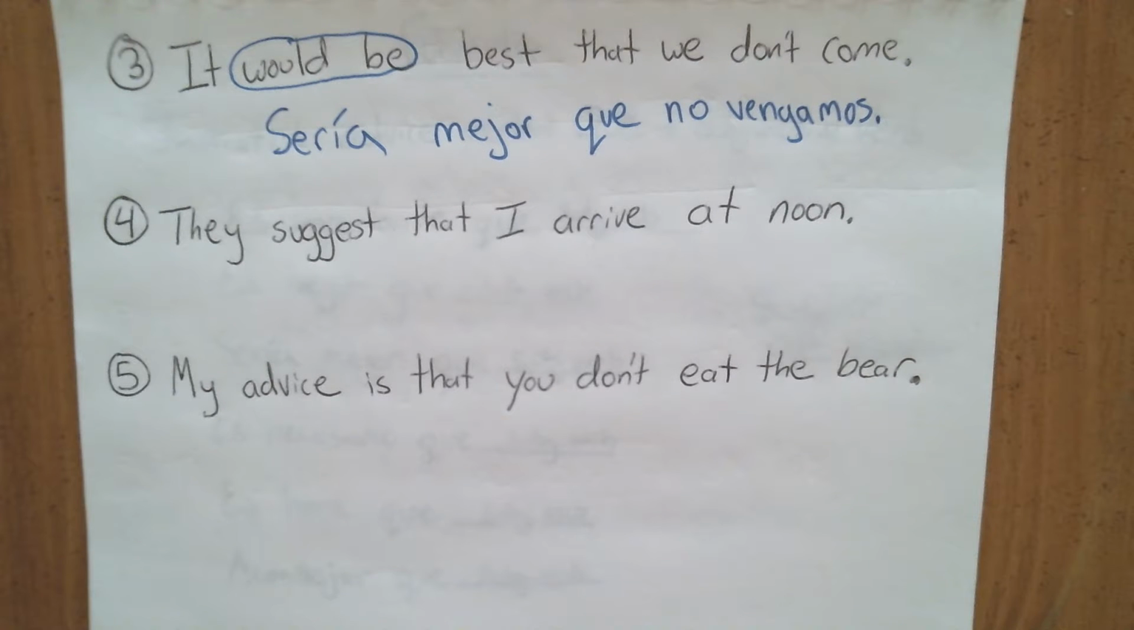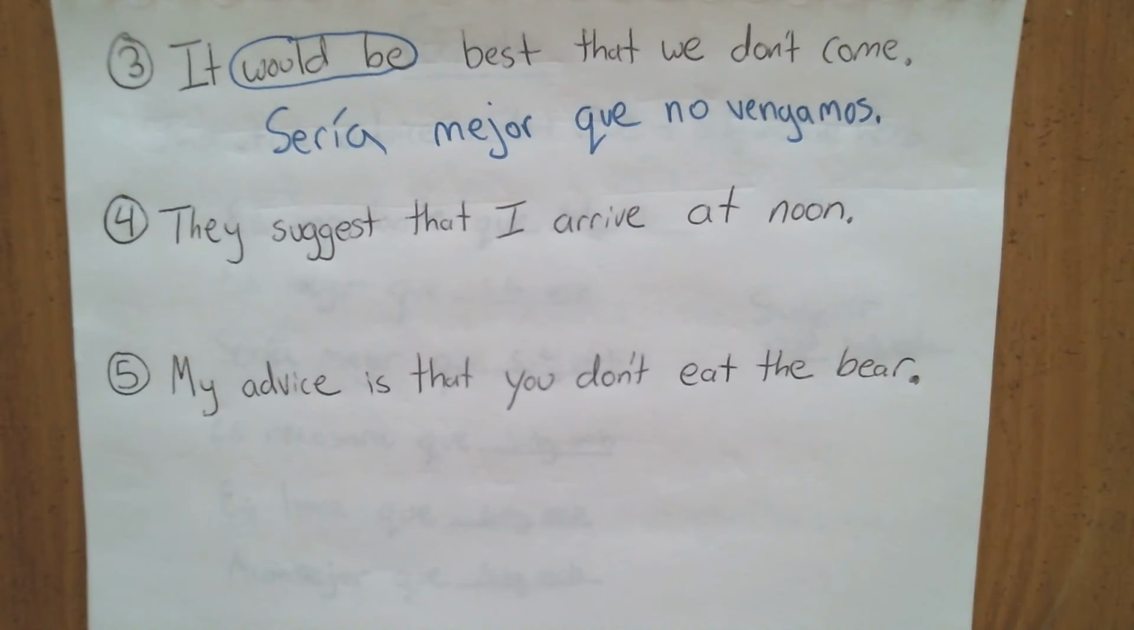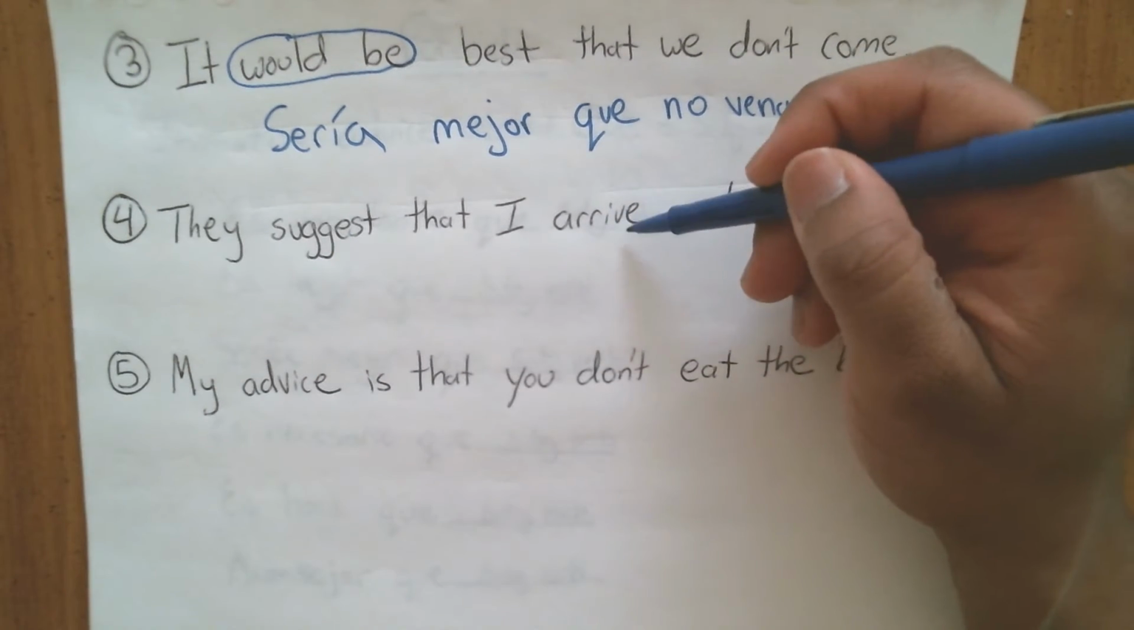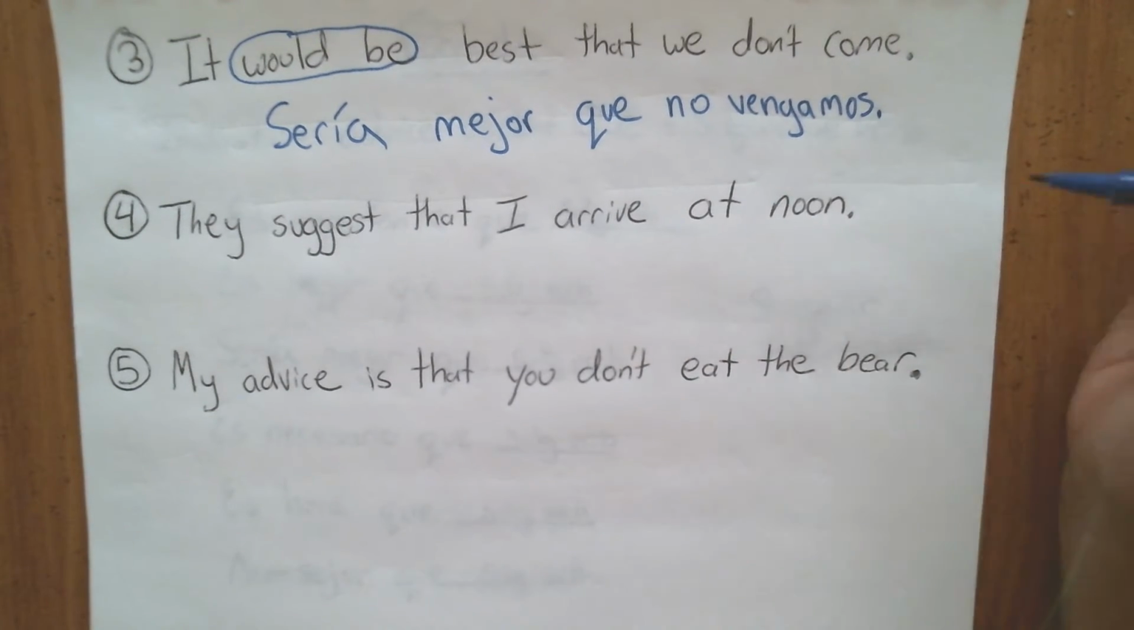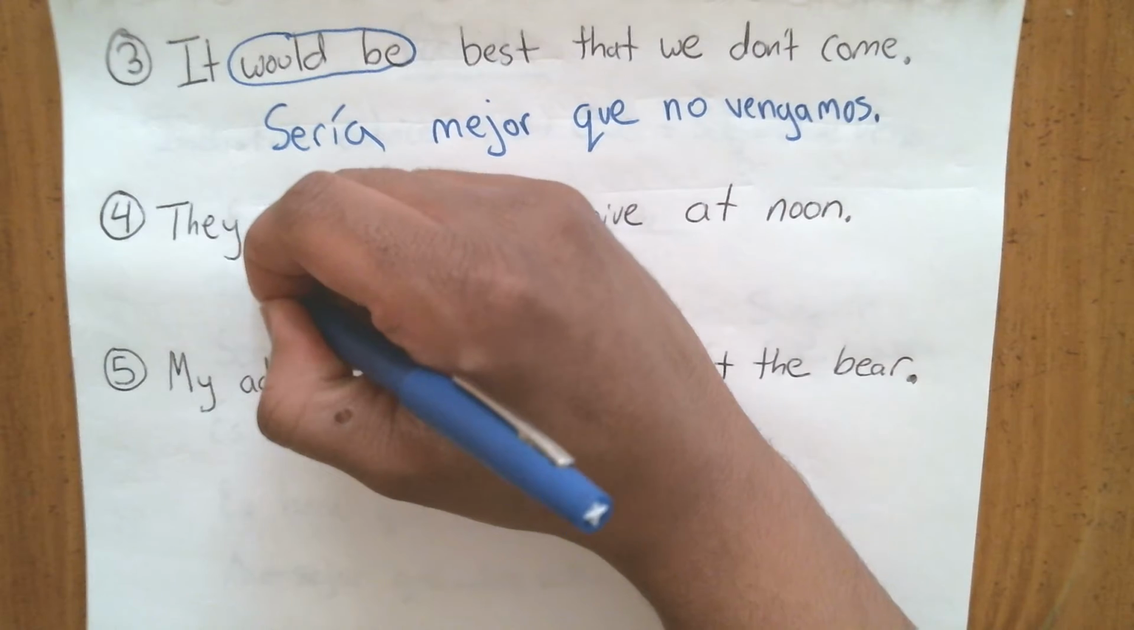They suggest that I arrive at noon. They really are making a suggestion. So the verb for suggest is in the indicative, but I haven't arrived yet. They expect me to arrive. So the part of the verb, what they expect me to do, is going to be in the subjunctive. So this would just be